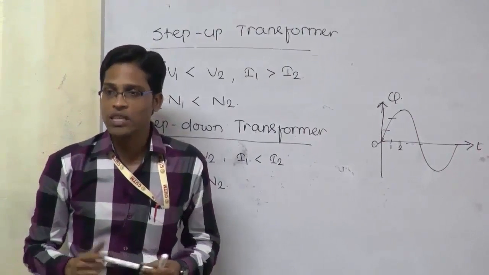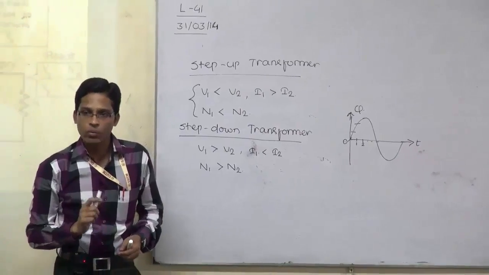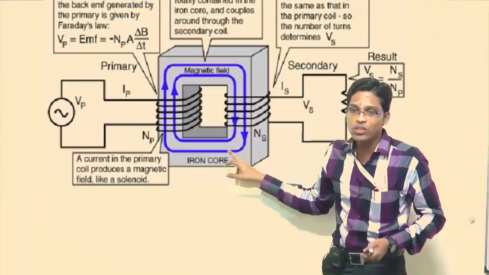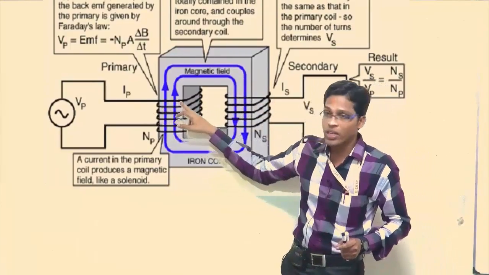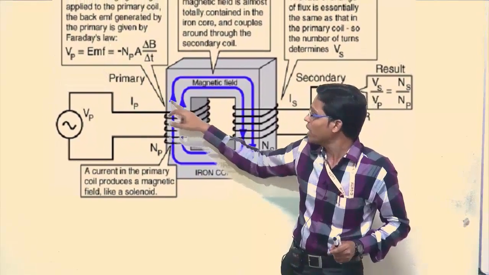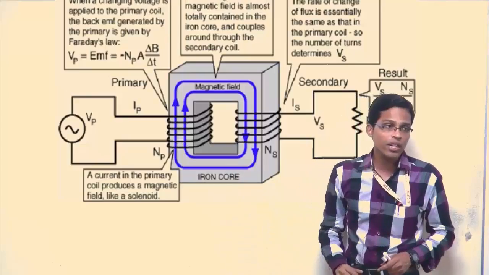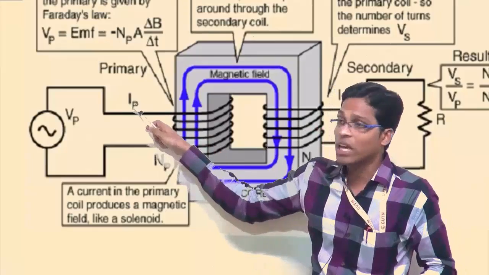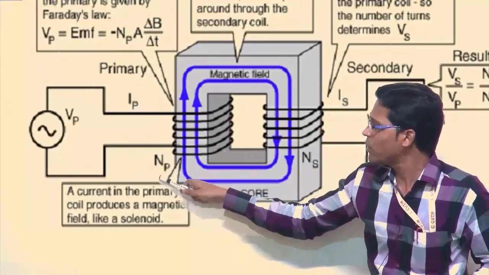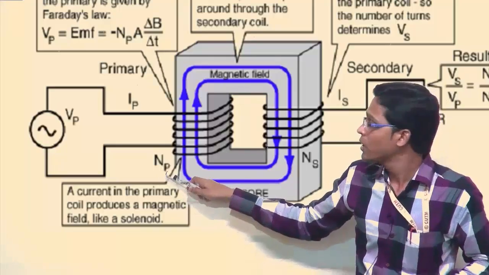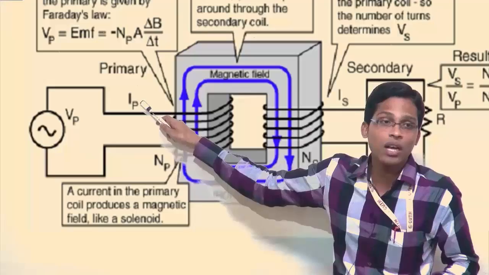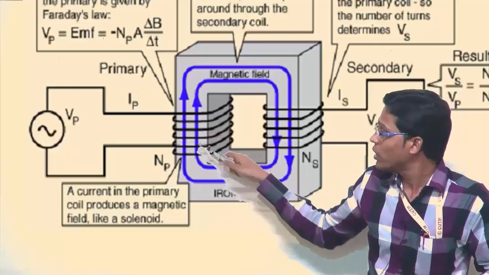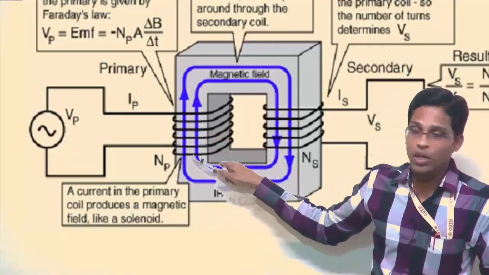So if the flux changes, as Faraday's law says, EMF will be induced. That means alternating current is flowing, alternating flux is there, and since the core is constant, not moving, if the flux is alternating then across the primary winding some EMF will be induced. For example, the supply voltage is Vp, the current flowing through the primary coil is Ip, and the number of turns in the primary winding is Np. So depending upon the supply voltage, the current flowing through the coil, the number of turns present, and the flux produced, some EMF will be induced in the coil,